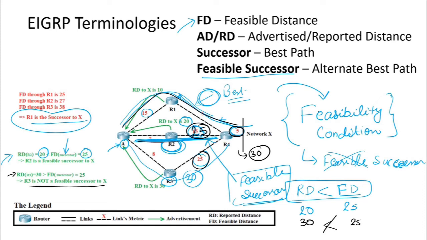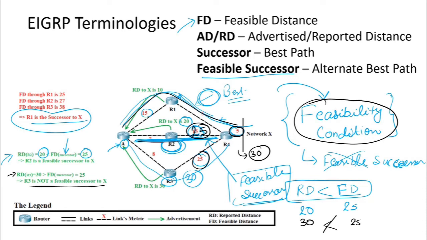And this is very important, that feasibility condition, what the feasibility condition actually is. It is a little complicated, but you should know, although it is not important at the CCNA level. But whenever you go to an interview, they are not going to ask you the question at the CCNA level or the CCNP level. They just ask. They don't ask you the level, right? So that's why it is always good to know. And if you do not understand, just look at it for the interviews, not only for the certification. So just watch this once again, and I'm sure that you will get it.